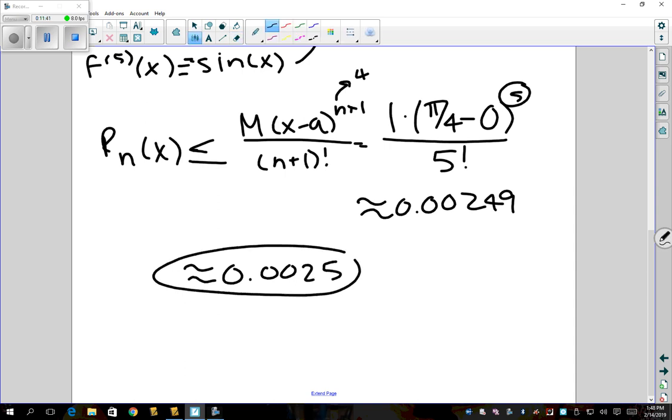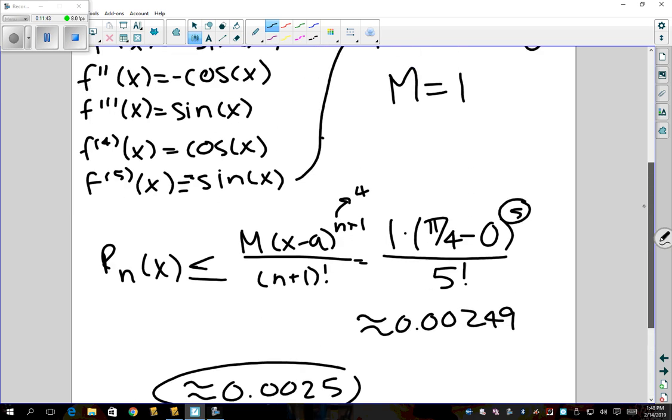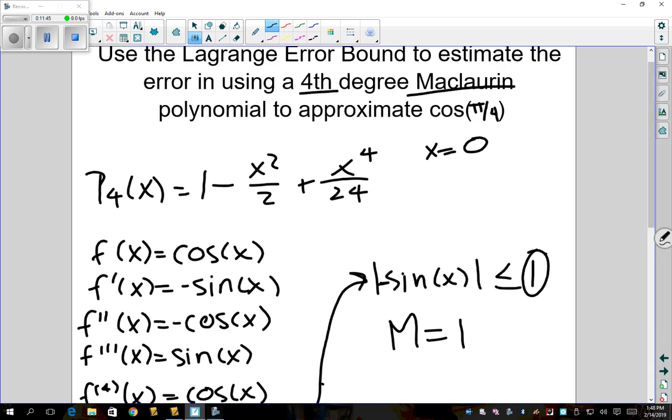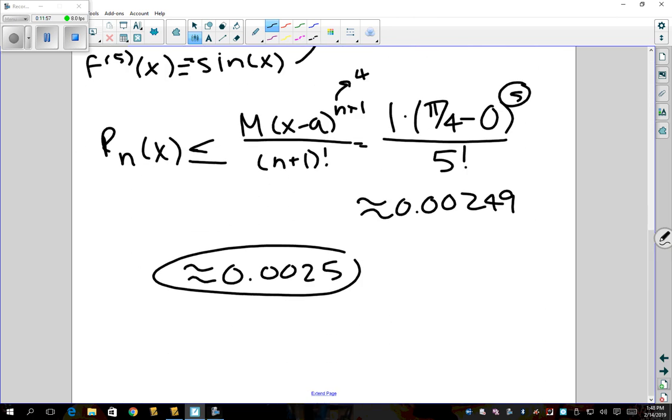So essentially what this means is that the 4th order Taylor polynomial, or Maclaurin polynomial, when we use it to approximate cosine of pi over 4, is within 0.0025 of that actual value. So this is a pretty good approximation. There are probably better ones, but it's not too bad. And that's basically what we're using the Lagrange error bound for, to find out how accurate